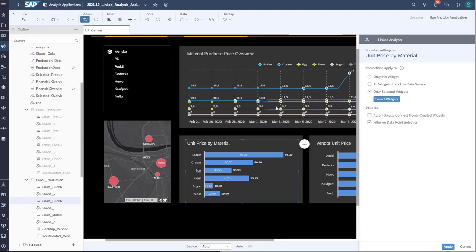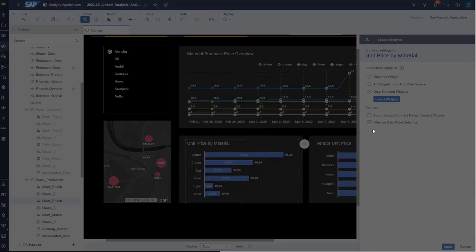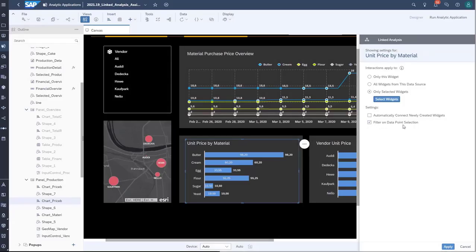We see that this chart already has a linked analysis defined, and it interacts with the chart price by vendor, basically the chart that's parallel to it. So that's the widgets interaction we applied to the chart price by vendor, and we also have the behavior filter on chart